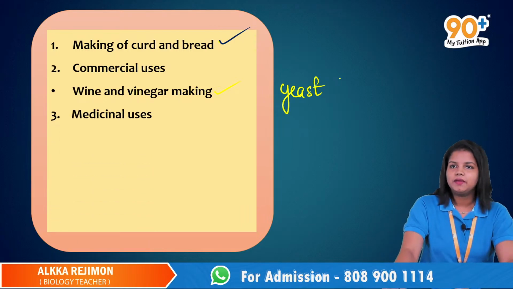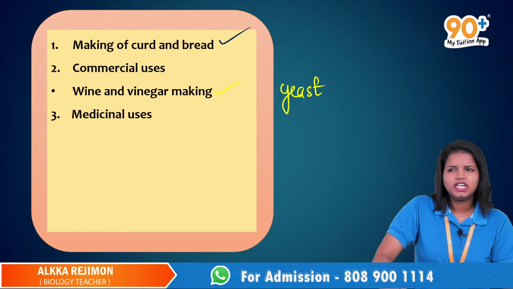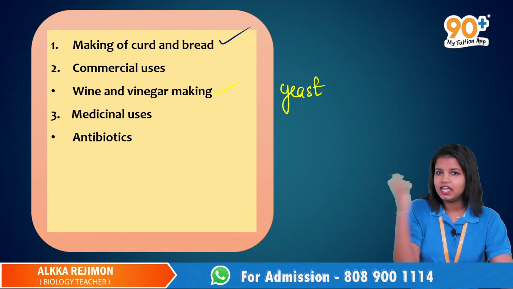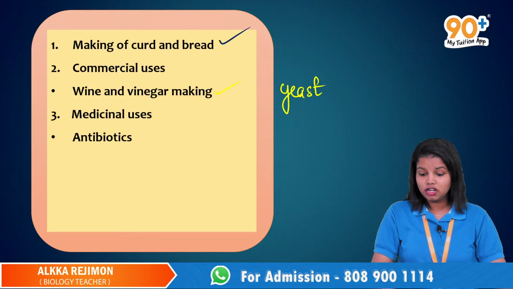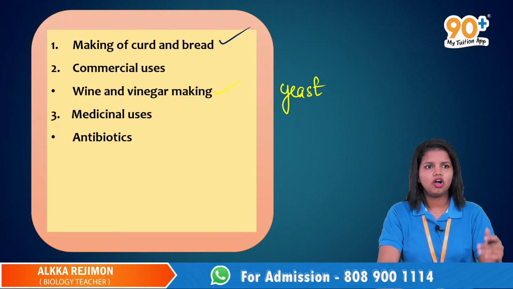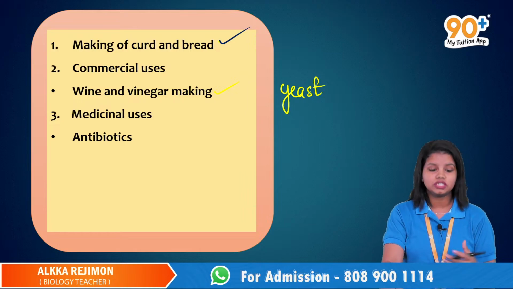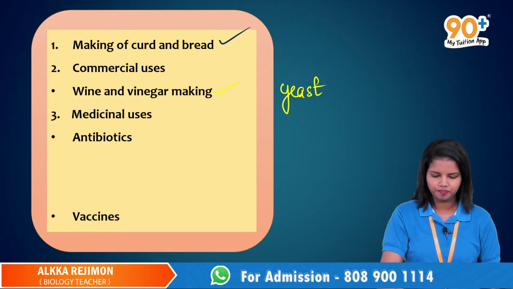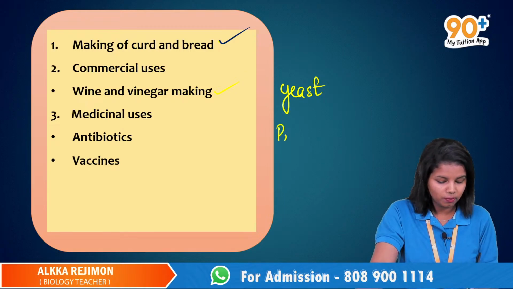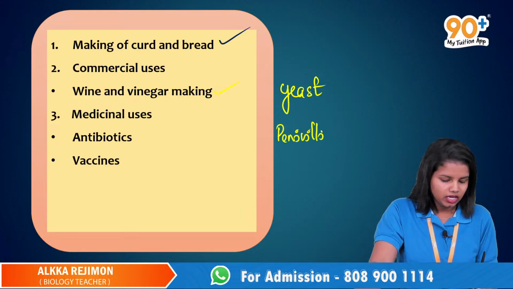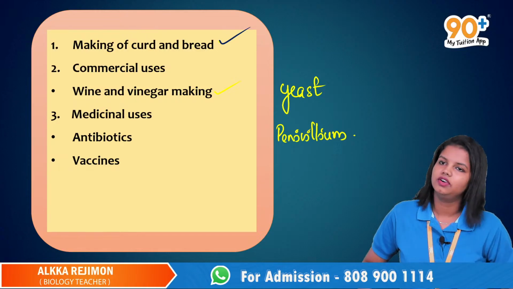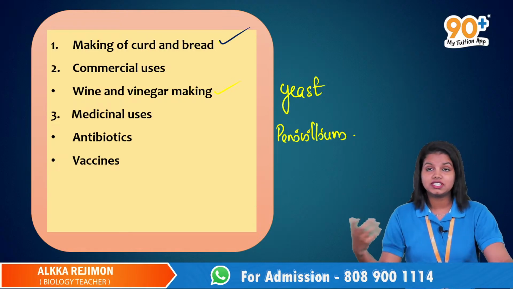Yes. Then there are certain medical uses. What are the medical uses of our microbes? Yes, antibiotic production. Do you remember any antibiotics? Yeah, streptomycin, erythromycin, all kinds of antibiotics. All these antibiotics can be produced from microbes, right? In the case of antibiotics, you can also add the point about Penicillium, the first antibiotic, right? So, the next point in medical uses is vaccines.